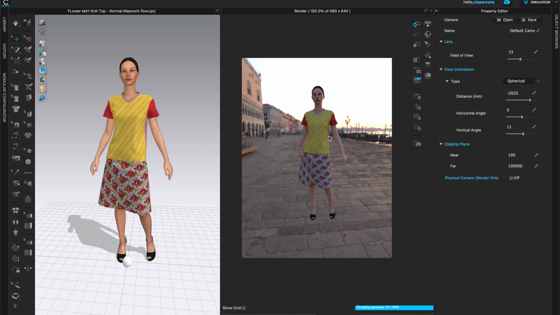Now what's really interesting here is that you can go to the next level and actually click on this physical camera. It's only for the render window, and you can treat this as your own custom photo shoot. This will give you the opportunity to change the exposure, the ISO, the f number, the shutter speed, the white balance, anything you would do with an actual physical camera. And that's amazing.